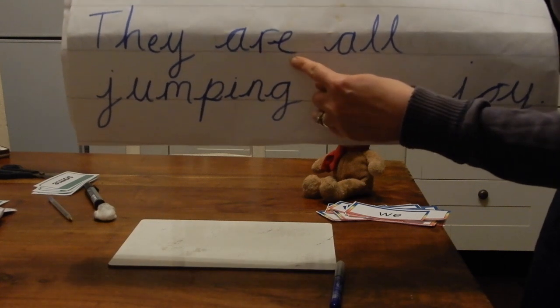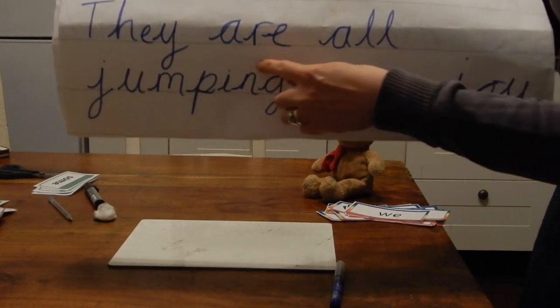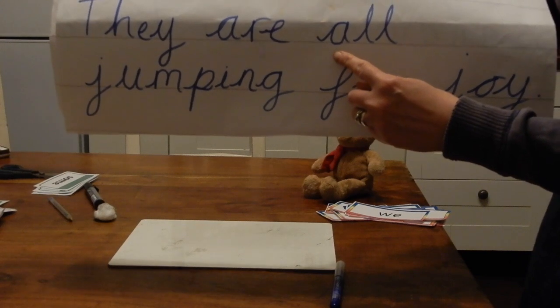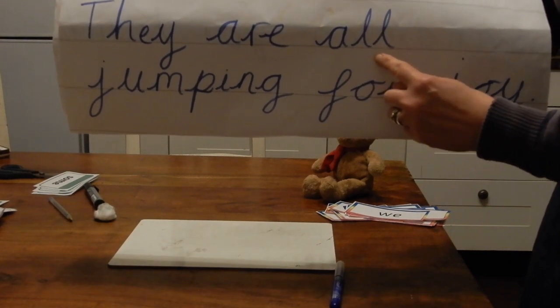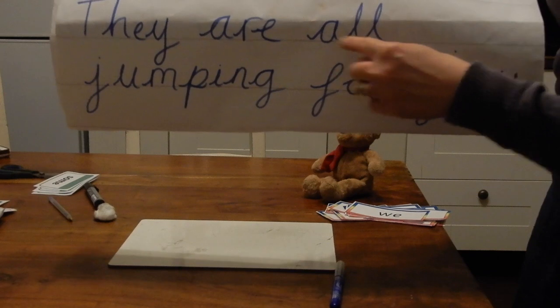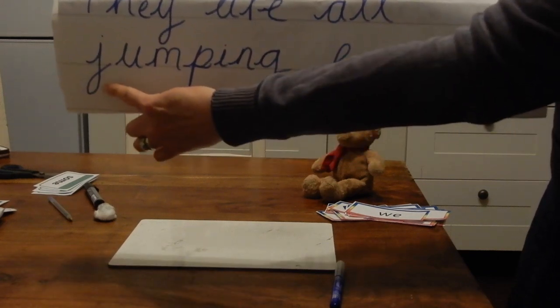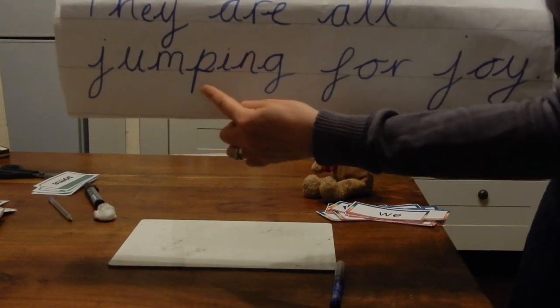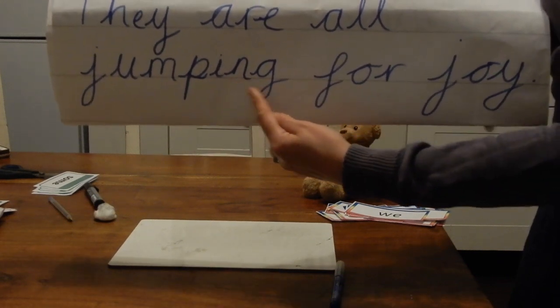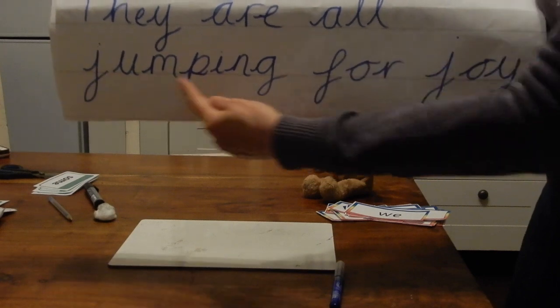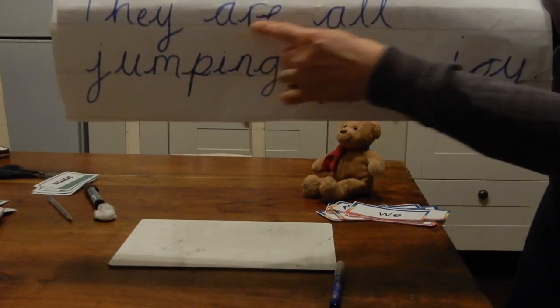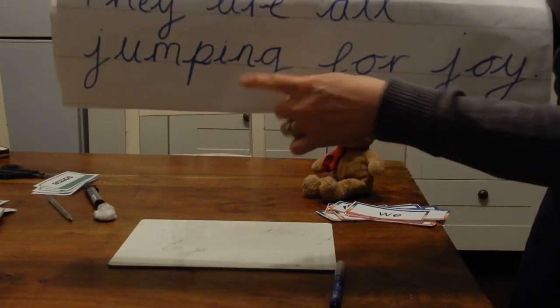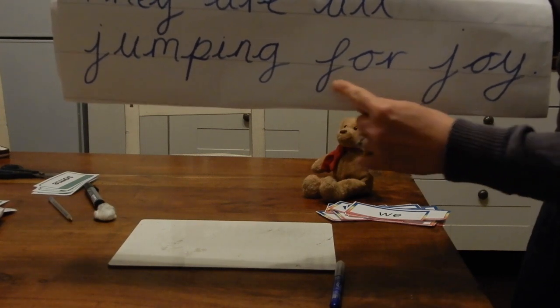Remember the E is doing nothing on the end. They are, oh, we know this one. We just had it. All. They are all jump is our first syllable. Jumping. They are all jumping for